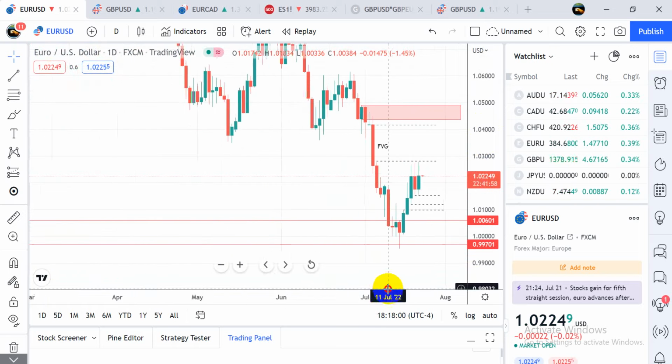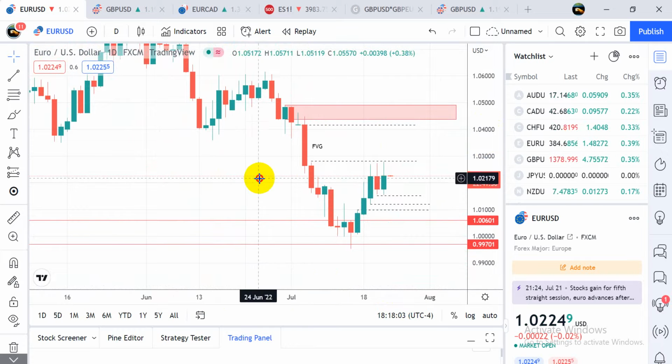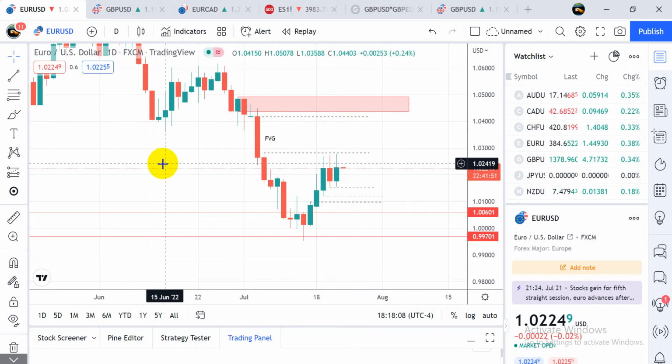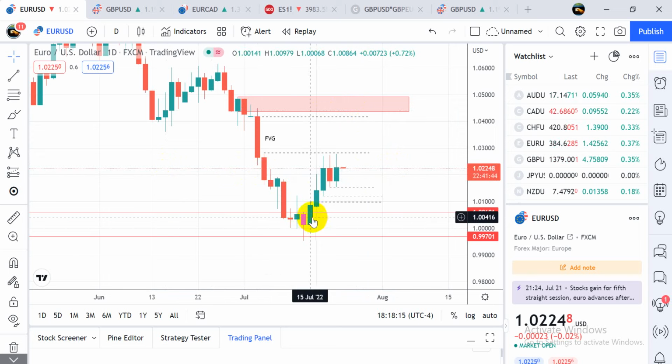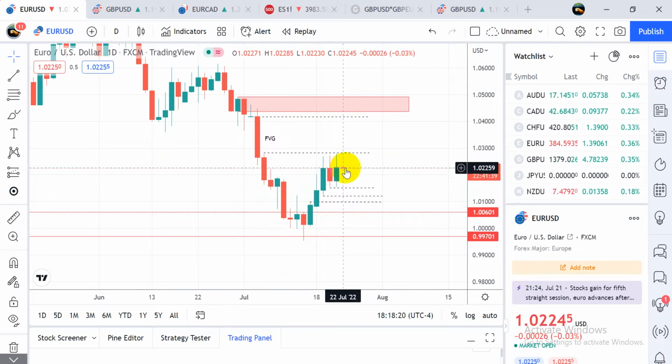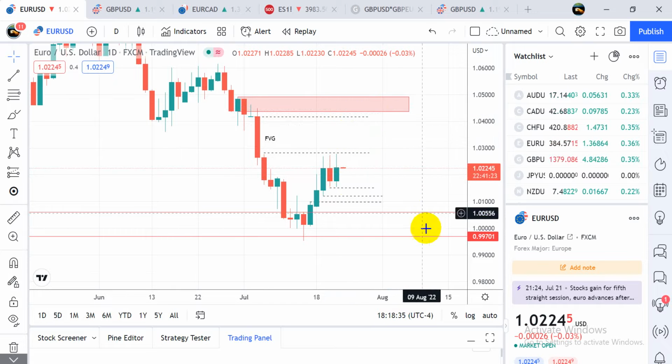long term, I would still maintain a bias for Euro USD, which is sell side. I've been screaming this since the beginning of this year. Euro USD is still a sell to me. So the recent ECB interest rate news release boosted Euro USD. I'm going to call it a medium term boost to the upside, where I expect price to fill in this fair value gap